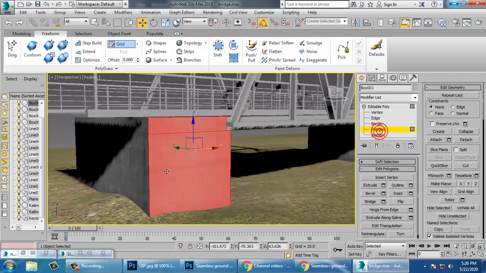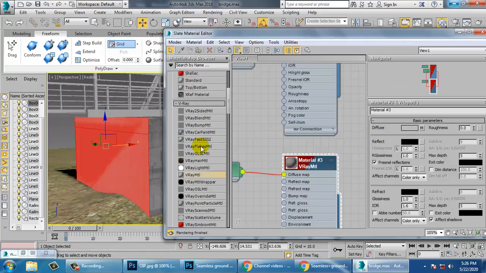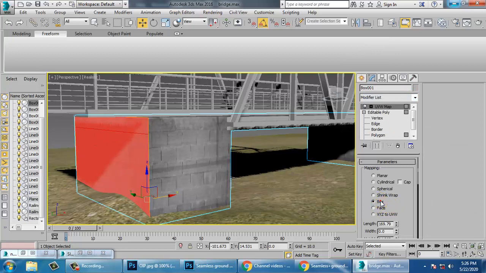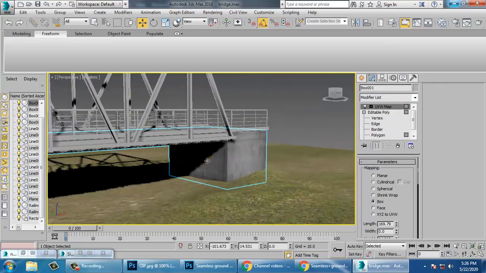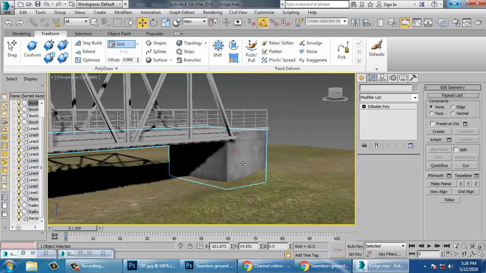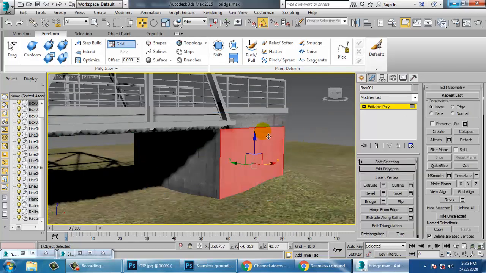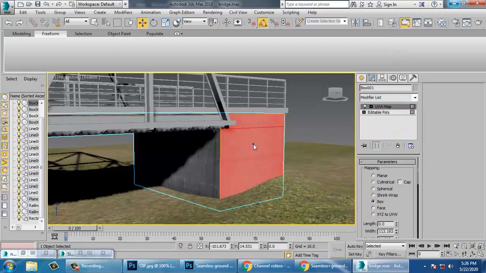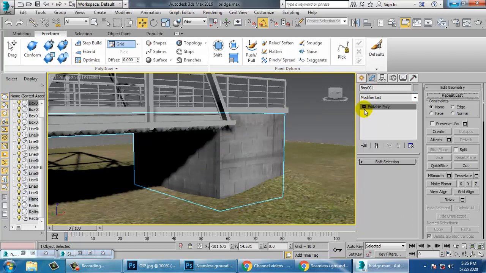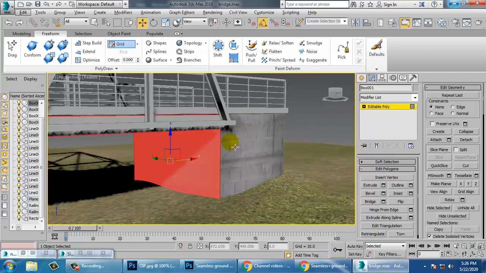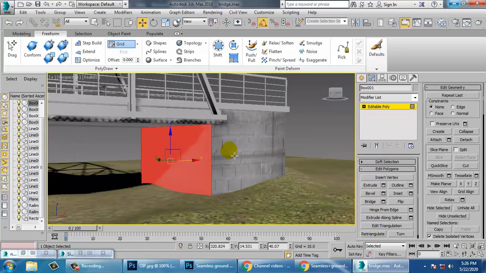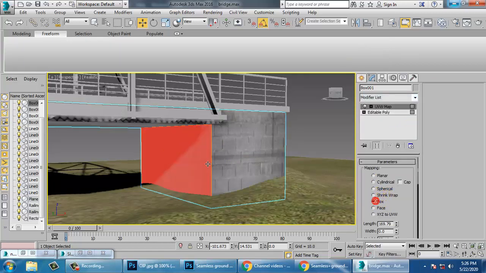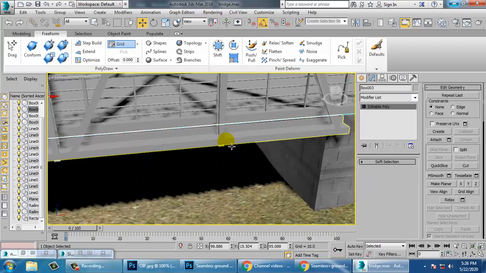Again you are going to select this side of the texture and again give a UVW map and assign it. Convert to editable poly. So again press 4 and again give a UVW map, convert to editable poly. Save your file. So again go into this UVW map and assign in that way.